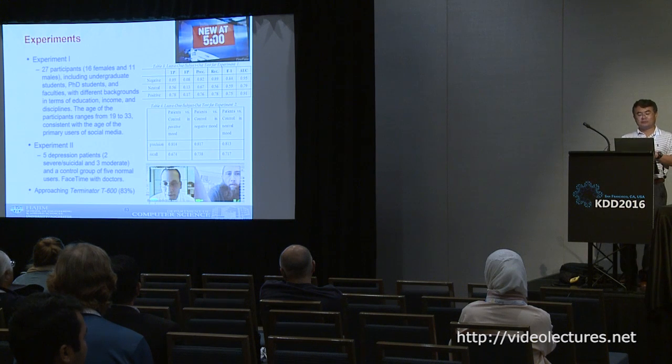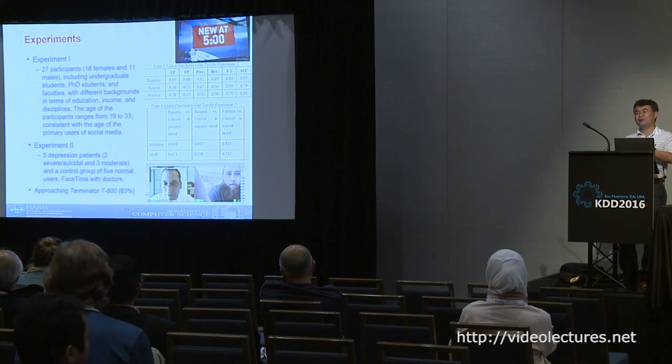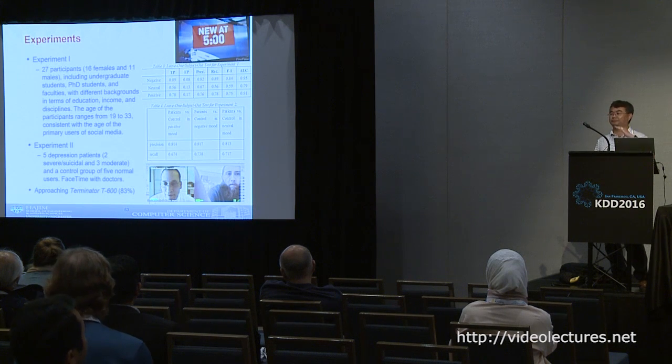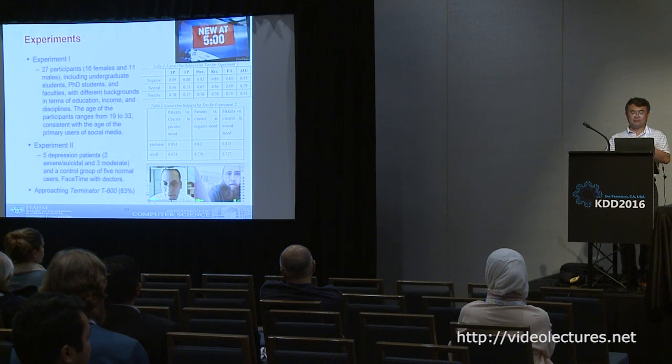And then we did do a study with depression patients, but the objective is different. It's not to tell whether they are depressed or not. We already know they are depressed. We just want to tell how depressed they are. In medicine, there are 5 levels, but we have a very small data set because of privacy and other issues.